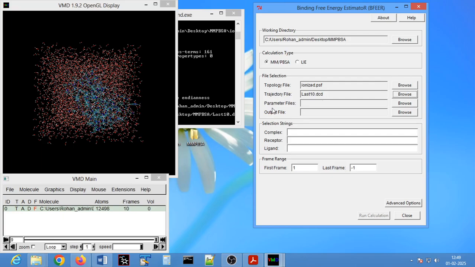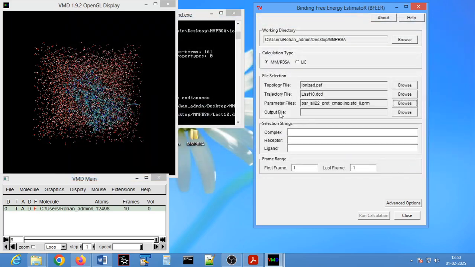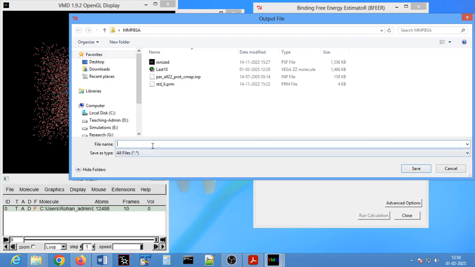As you can see, this is a DCD file. Now you are supposed to load all the parameters that you have used in your simulation. So you can use this control button for selecting multiple parameter files. Select those parameter files, hit open, and then you are supposed to provide the name in which your MMPBSA results will be saved. Let us save it with this name,